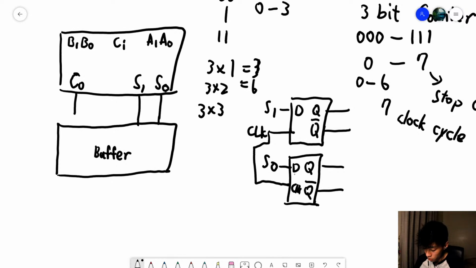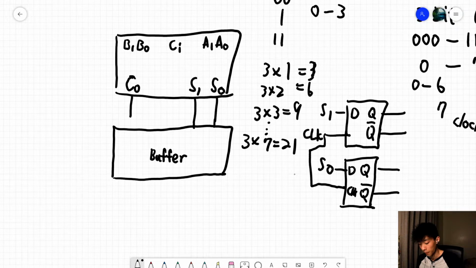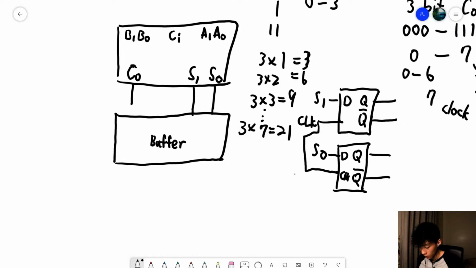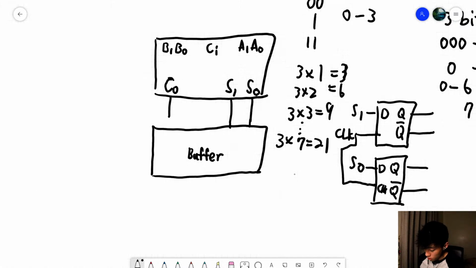Three times 3 equals to 9, and 3 times a total of 7, 21. Okay, so